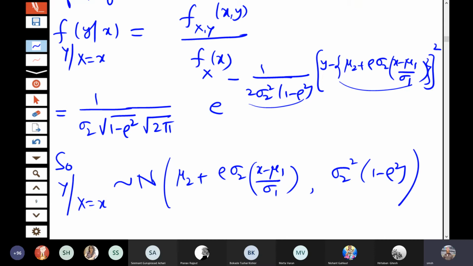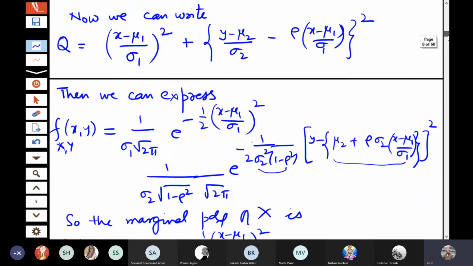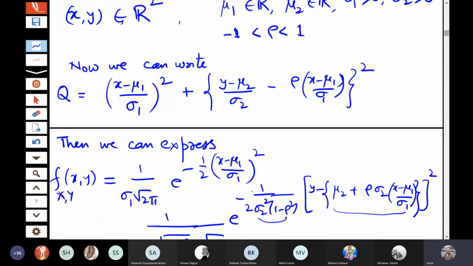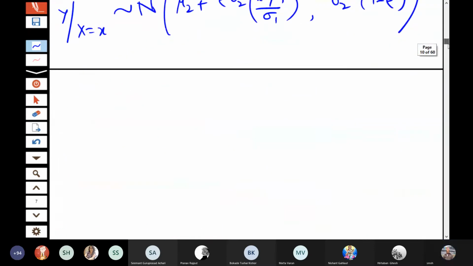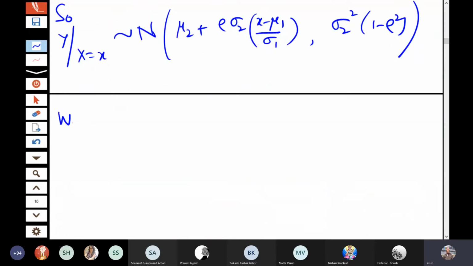Now the same exercise you can do by interchanging the roles of x and y here. I considered here splitting of q like this, where I took out one term of x outside and the remaining term I adjusted with y. I can take out the term with y outside and then adjust the remaining term with x. So then I will get the reverse term. Let me consider that.